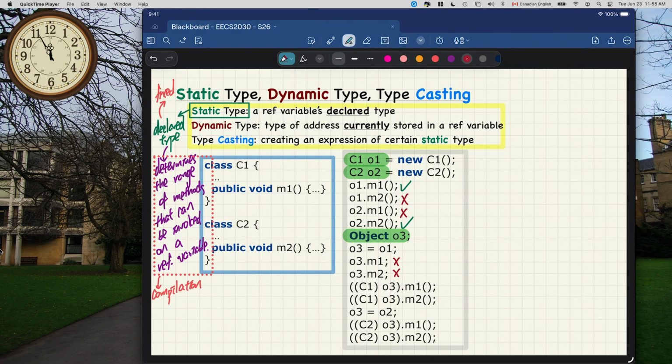Any questions so far? We're good? And then let's now move on to dynamic type. What's really dynamic type? Dynamic in the sense that it's not fixed. It may be reassigned or it might change whenever you do any variable reassignments or when you do the initialization. So dynamic type